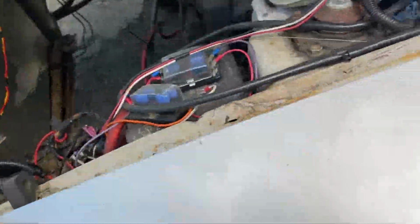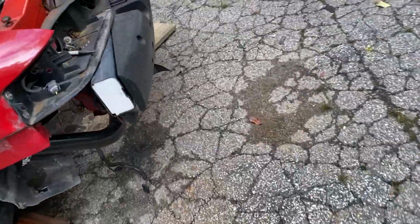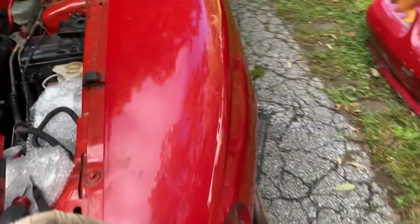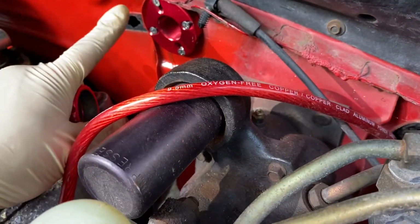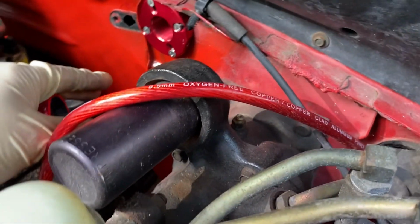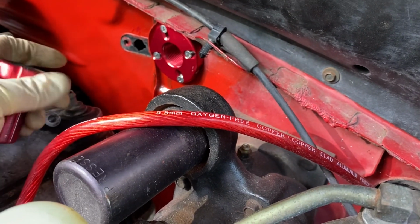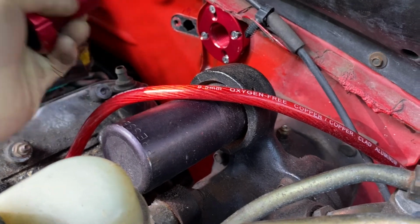Oh, hold on, I got one other thing to show you. And this is part of the firewall side of the thing. This wild guy right here. I actually already installed this section. I didn't get too much farther into it. This just goes in to the stock location, shares 2 bolt holes, and then they want you to drill these other 2. I don't know, not really sure why. Maybe for, yeah, whatever. This guy goes inside, and this is, you back this out, and it's what creates tension